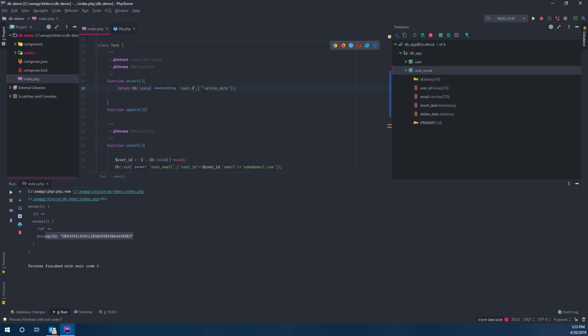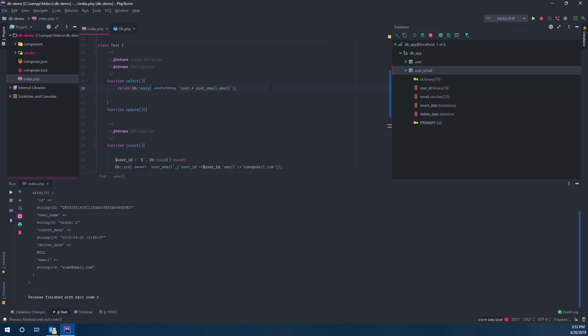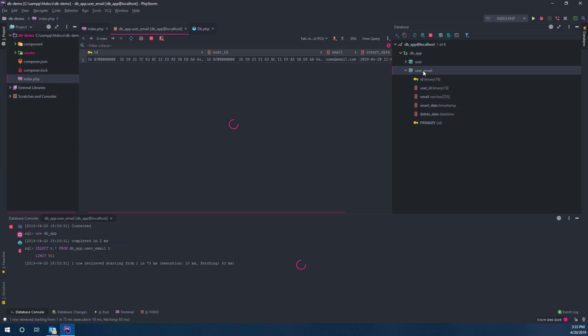So is it possible to simply write user email.email, which as you can see is something, and let's omit that for now and see if this runs. And as you can see, it actually works. So tester2 has an email, right? And as you can see, I only get 1 result. Why is that? Well, it seems to be the case that there's only 1 user with an email, so apparently